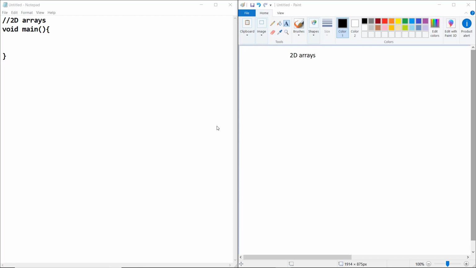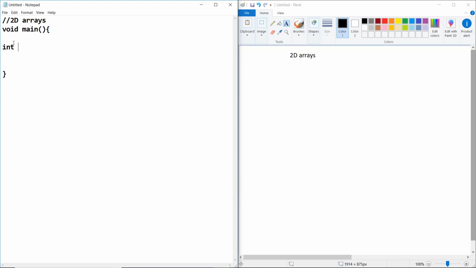Hello and welcome to this new section. In this section we'll see how 2D arrays, two-dimensional arrays, look. In the previous video we have seen the 1D array, one-dimensional array, how it looks, how we declare and access it, and the difference between static and dynamic. Now let's see how 2D arrays are defined.